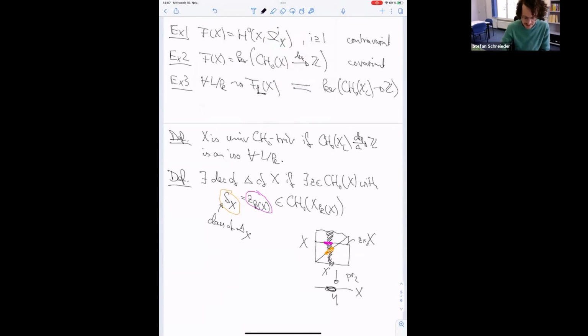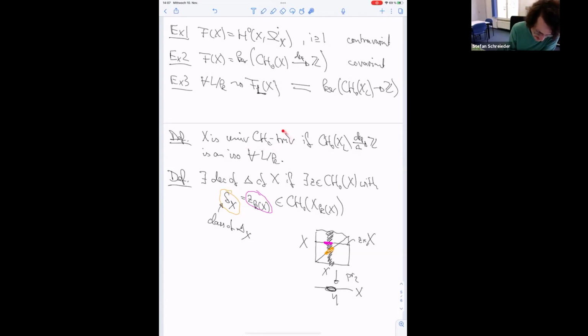And the decomposition of the diagonal exists if these two 0 cycles are the same. And okay, so that means also something about the global cycles on X times X by the localization formula. But the convenient way of stating it is like this. And if I state it like that, then you also see that